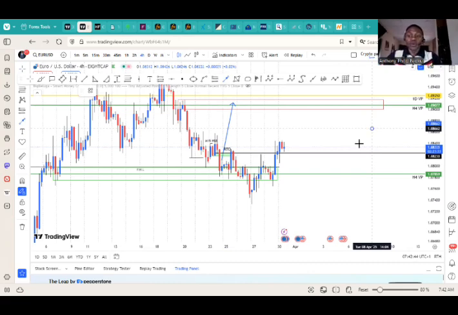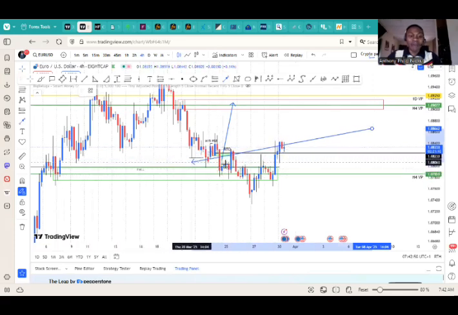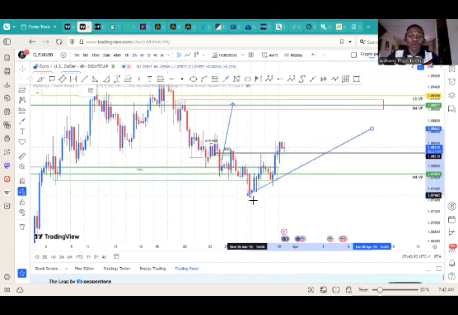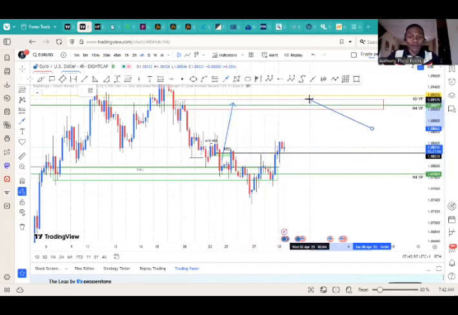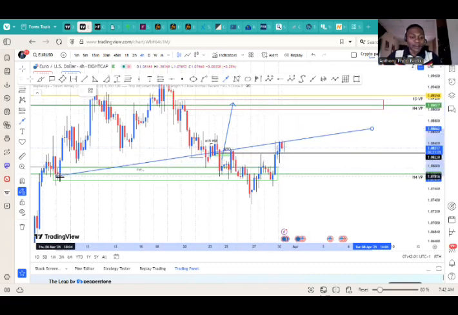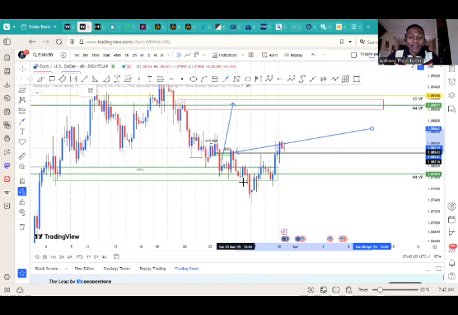So over here, this was last week, Monday. We told you guys the market was close to this demand level, and we expected the market from this demand level to start shooting to the upside towards this supply level. What the market did was that it came to this demand level, did not respect this demand level, and went down one more time. Judas swing. It went to grab liquidity below here.